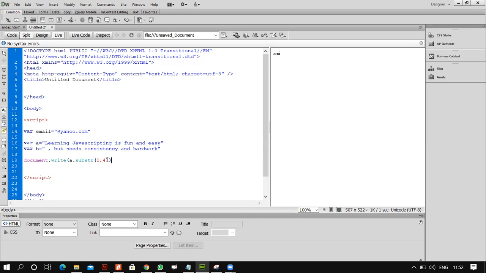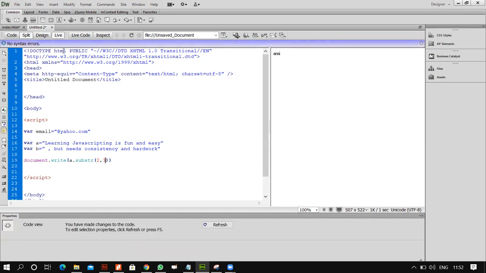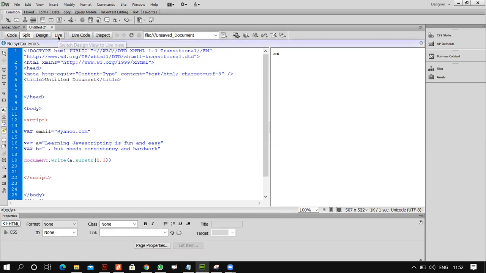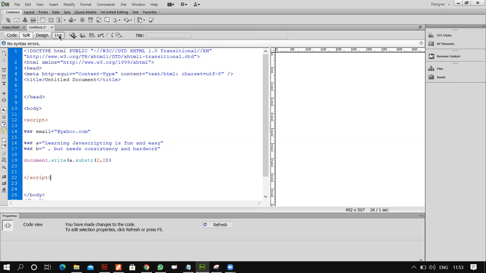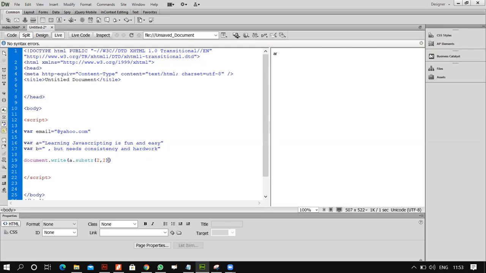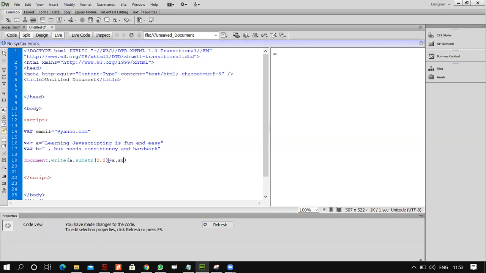Okay? Let me just make this 3 so that I simply get this A or N, or then what I do is, rather, I make the N a superscript. So I'll write 2, 2, which means go to the second and extract the next 2. Then I will do plus a dot substr,